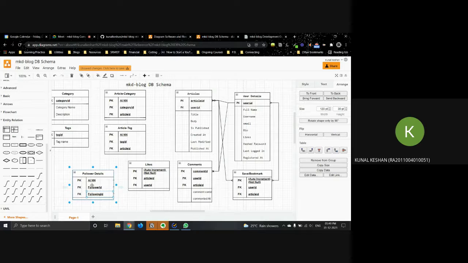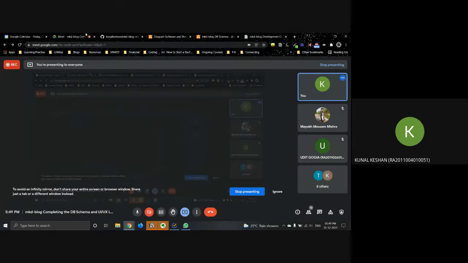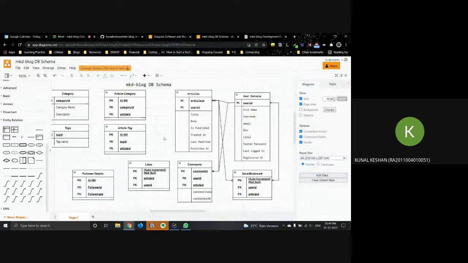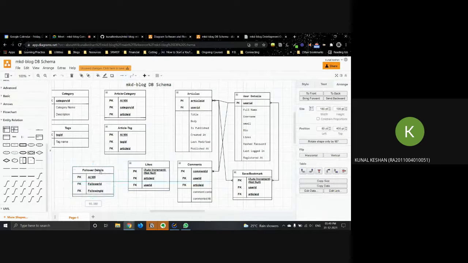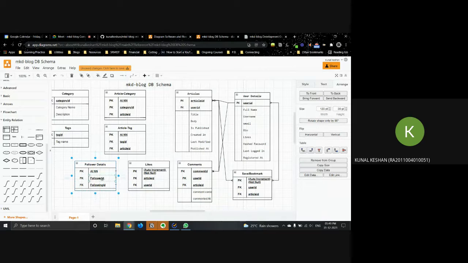I mean, it might be a bit confusing, guys. Just please let me know if you can understand this particular table alone. Is it clear? Any doubts with the follow table? Again, as the name suggests, follower and following.